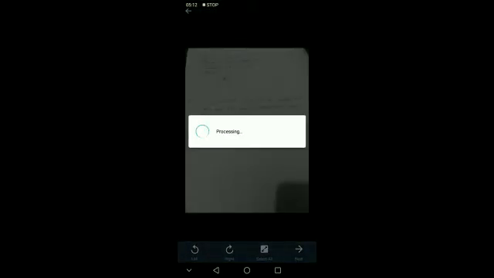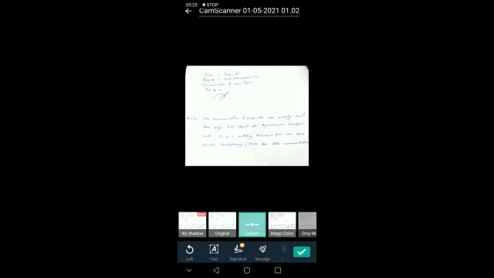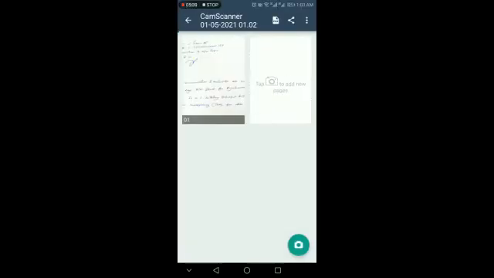This is how the picture has been taken. Now drag these dots to crop the picture to make it proper and press next at the bottom. There are many options over here. You can choose any one that gives the best quality of your picture. After choosing it, press the tick icon that is at the bottom right of the screen. This is how your page one screenshot has been taken.